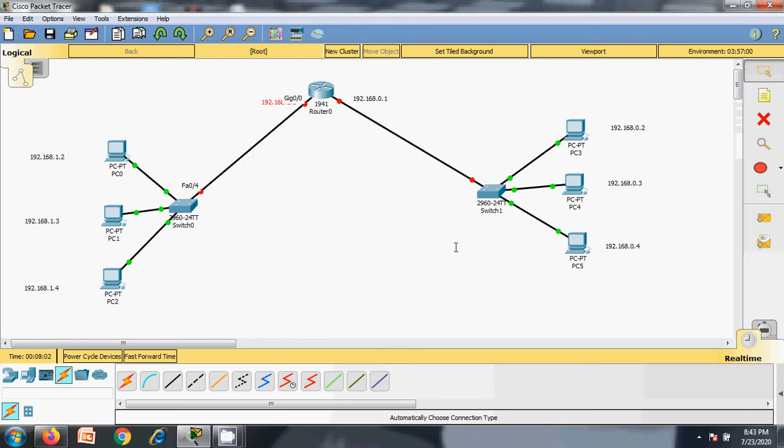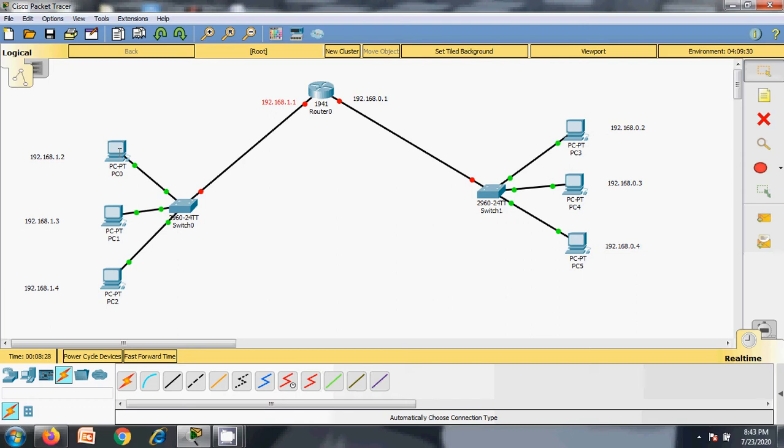So this is the IP interface for this entire 192.168.1 network, and this is the gateway IP address for the 192.168.0 network, right?